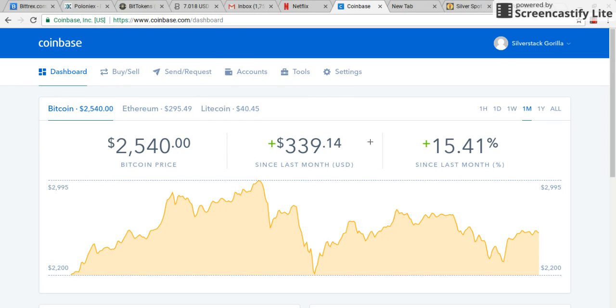So this is my Coinbase address or account. I currently have no cryptocurrency in it because I've already transferred it to an offline wallet, a mobile phone wallet, or an app wallet, and in exchange, of course. So I'm going to demonstrate how you can send your Bitcoin, Ethereum, or Litecoin from your Coinbase to an exchange